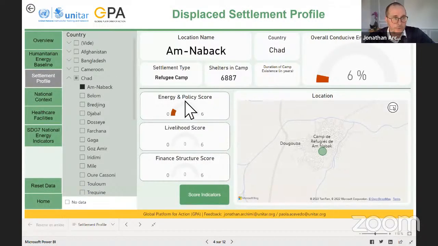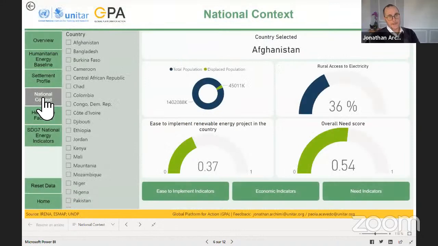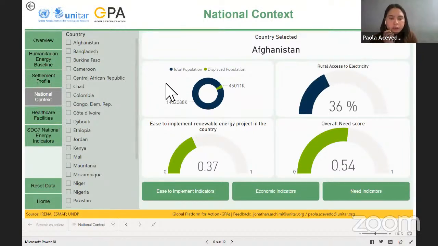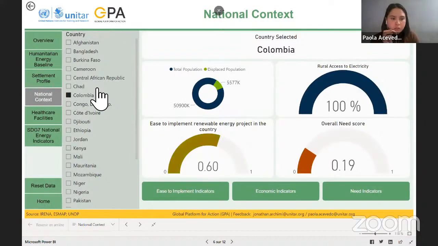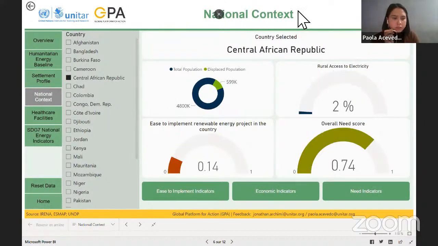If you want to go to the national contexts, Paola, thank you. Yes. Continuing to the national context, we now have different scores on a national level. You can compare the total population of the country with the displaced population of each country. So yeah, it's filtering this different